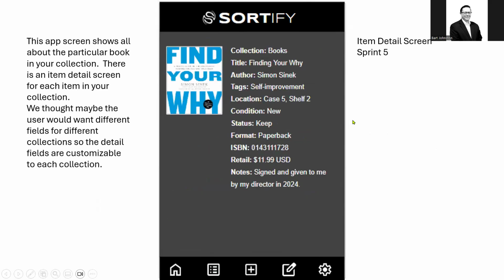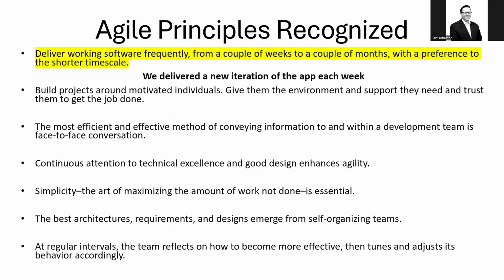This app screen shows all about the particular book in your collection. There is an item details screen for each item in your collection. We thought maybe the user would want different fields for different collections, so the detail fields are customizable to each collection. The agile principles that we recognized are first, delivering working software frequently, from a couple of weeks to a